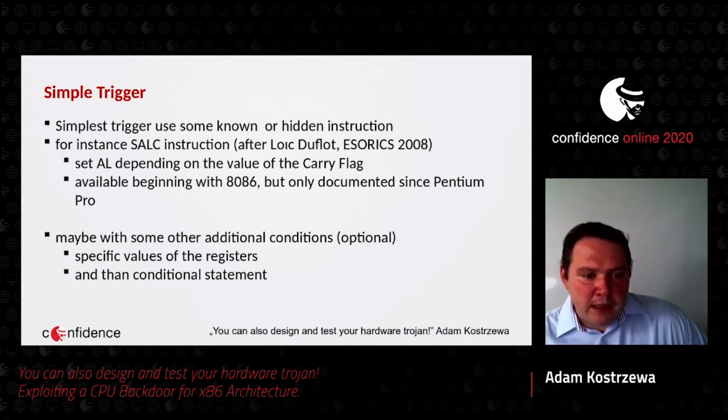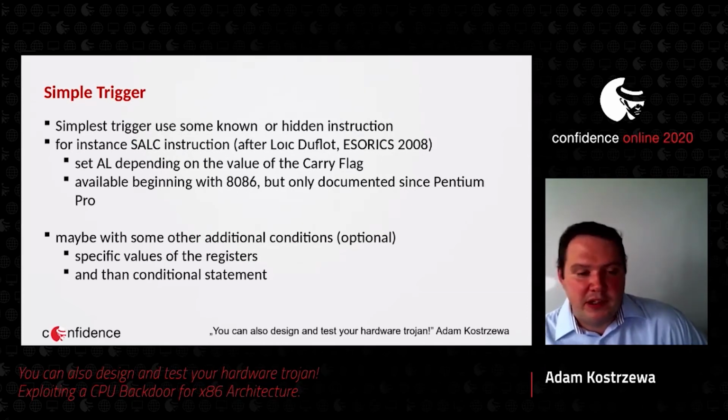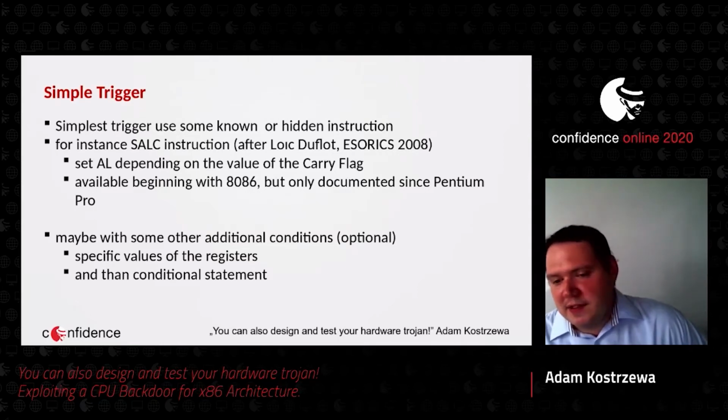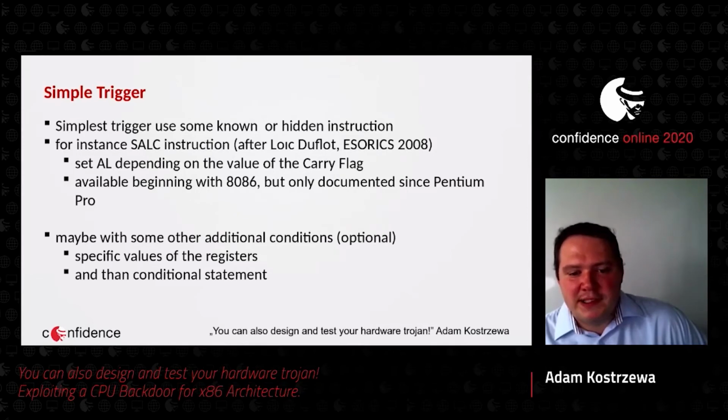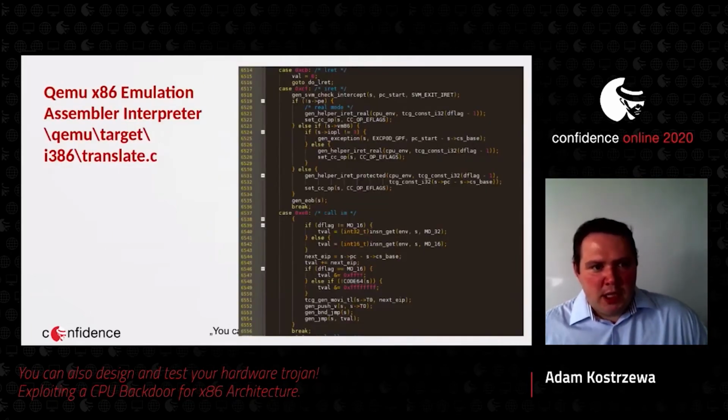And not only an instruction: we need an instruction which will trigger the Trojan in the end, but maybe it would be good to put in some additional conditions. So, put the processor in a predefined state; this could be specific values of the registers. If a processor has some other sensor, for instance temperature, we could use it as well, and then make some conditional statements. So we are not only running the instructions we selected, but also checking the state of the whole processor. So in QEMU,